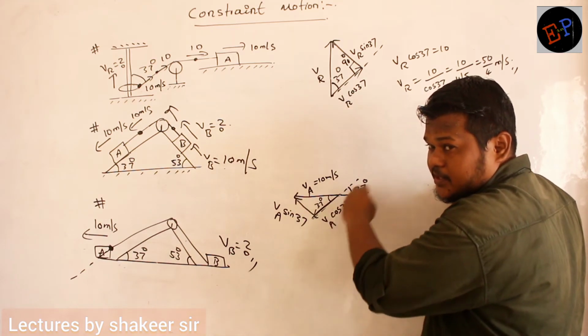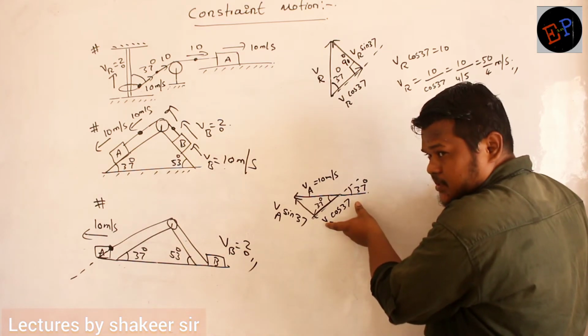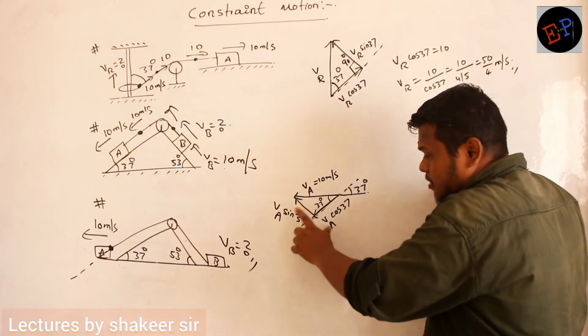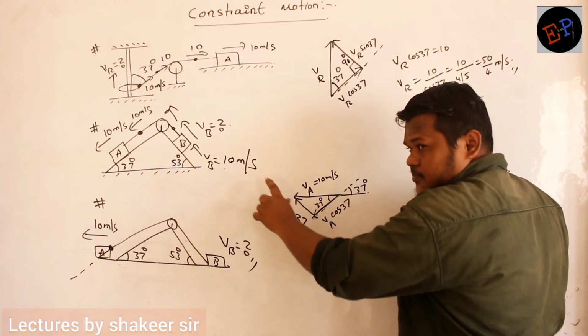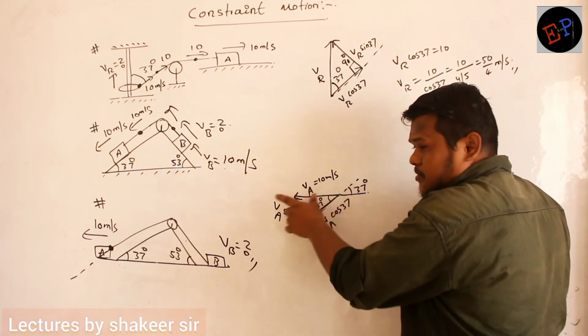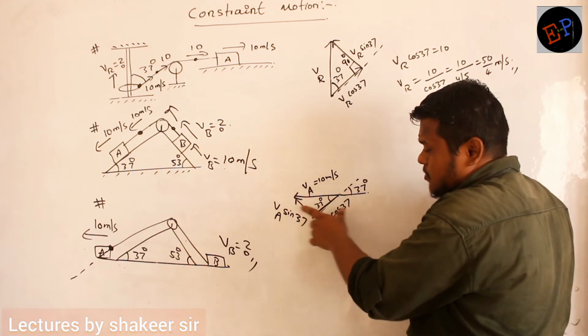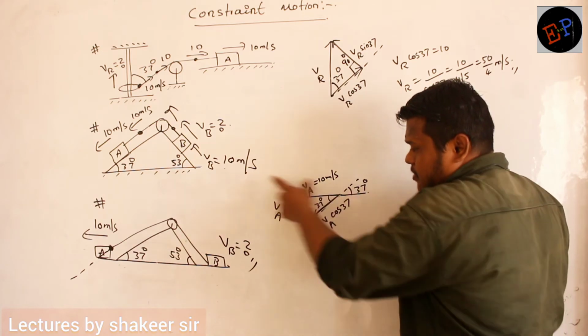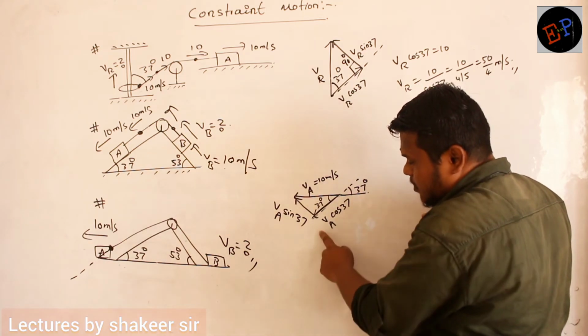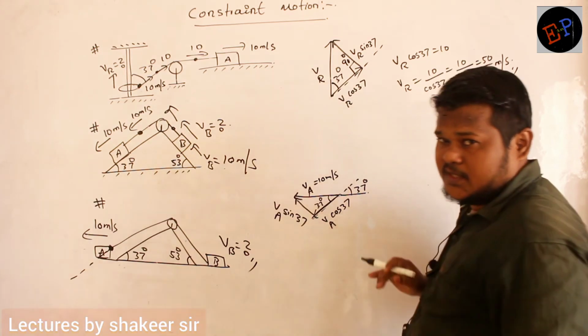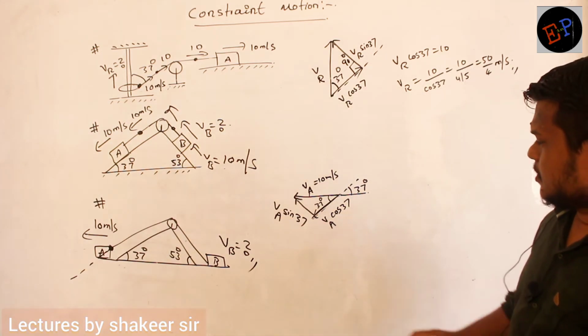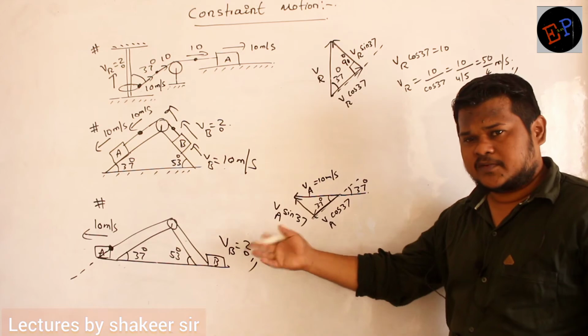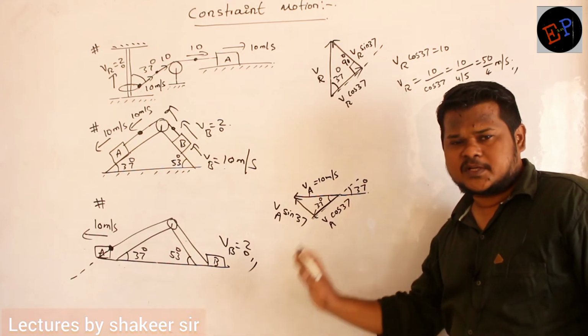It is moving in this direction also. It means it has velocity in this direction also, and it will have velocity in this direction also. So the net resultant velocity is this much. Are you able to understand? So finally block A is moving in this direction, but it will have one horizontal component and one vertical component also. Clear? So the horizontal component is nothing but the velocity of the rope, because the rope also moves in the same direction.